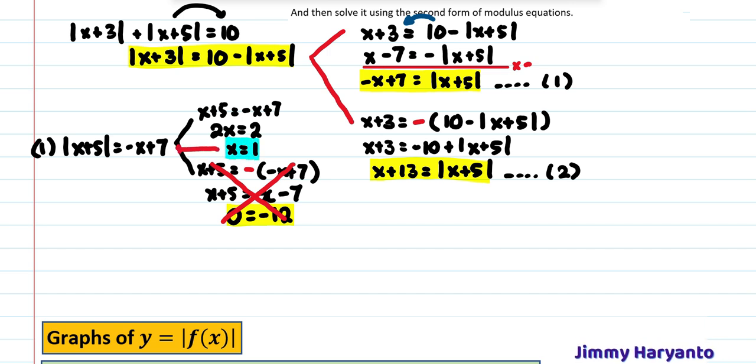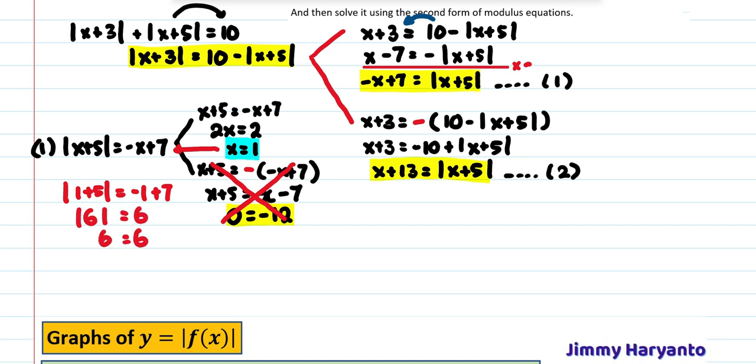Let's double check x equals 1. Absolute value of 1 plus 5 equals negative 1 plus 7. So this is 6. Absolute value of 6 equals 6. So 6 equals 6, and that is the same. That means this one is the solution, x equals 1. But we still have the second equation, which is